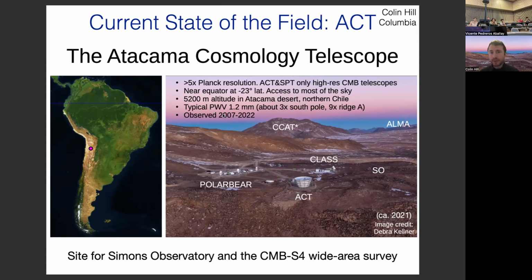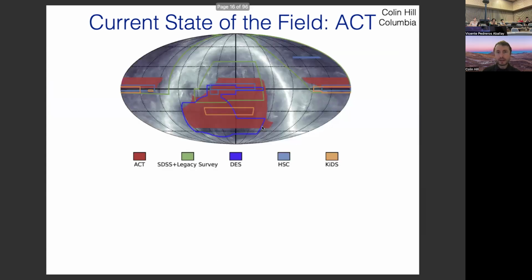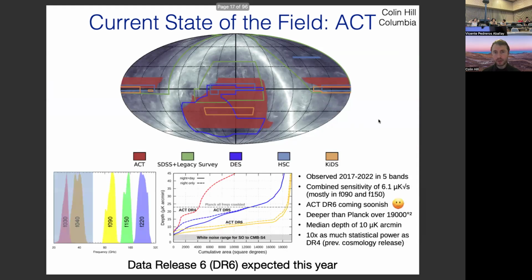So with ACT, we observed from roughly 2007 to 2022, and we've been engaged in the analysis of the data from the last 5 or 6 years of the survey, since 2021, 2022. And I'll give you a status update about that. One great thing about being in Chile is that you can cover large fractions of the sky, which cannot be done from the South Pole for obvious reasons. So the footprint that we observed with ACT is shown in red here, and it overlaps very nicely with lots of large-scale structure surveys. So we're doing lots of interesting cross-correlation science with those, although I'm not going to talk